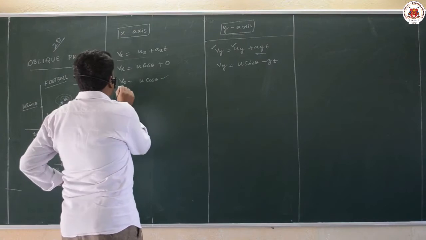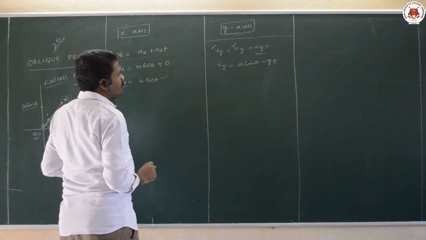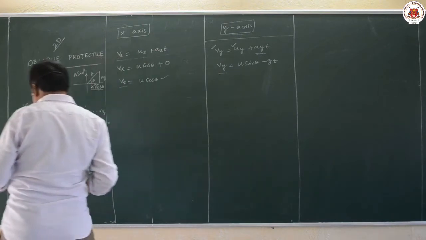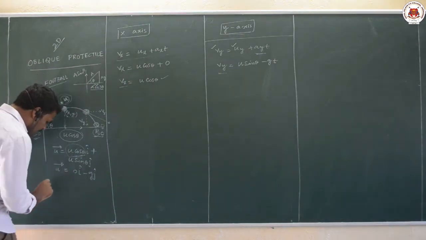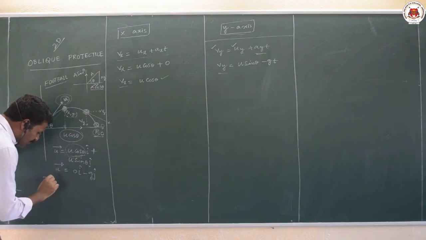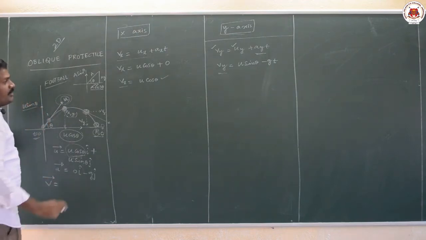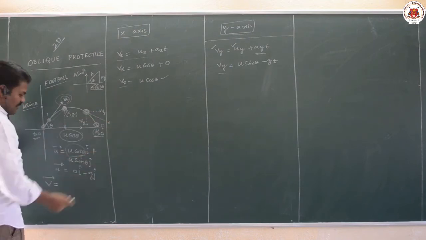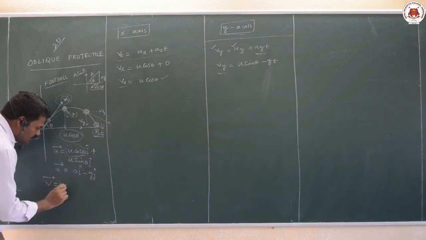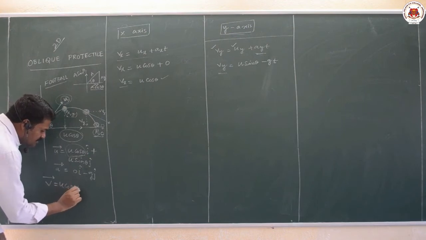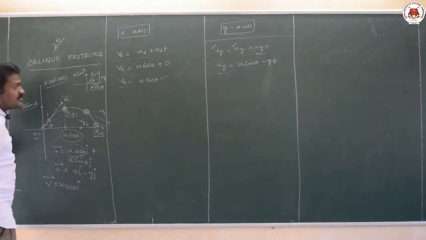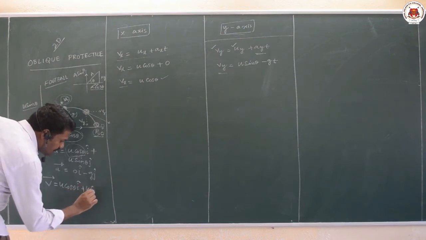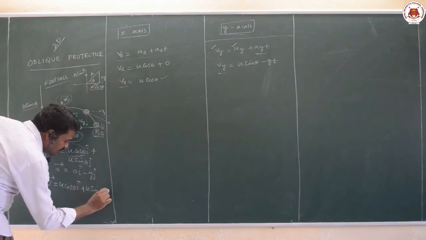So now we got the horizontal component and vertical component of velocity. So we can write the velocity vector here. Velocity vector v bar is equal to, this is the initial velocity which I have given. After some time, the velocity is v bar equal to u cos theta along x axis, vector representing along x axis I can take i, plus u sin theta minus gt j.